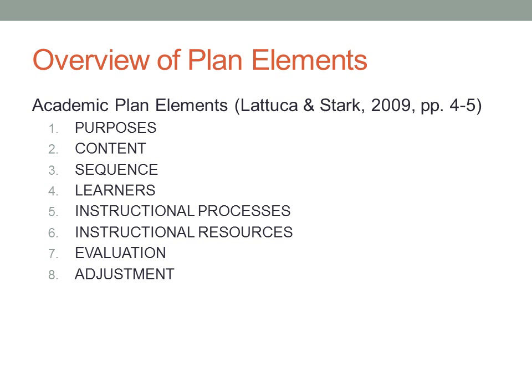Stark identified 8 elements of academic plans that instructional administrators and their institutions should consider and make decisions about before, during, and after program development. These elements include purposes, the knowledge, skills, and attitudes to be learned; content, the subject matter selected to convey specific knowledge, skills, and attitudes; sequence, the arrangement of the subject matter and experiences intended to lead to specific outcomes; learners, how the plan will address a specific group of learners; instructional processes, the instructional activities by which learning may be achieved; instructional resources, the materials and settings to be used in the learning process; evaluation, the strategies used to determine whether decisions about the elements of the academic plan are optimal; and adjustment, enhancements to the plan based on experience